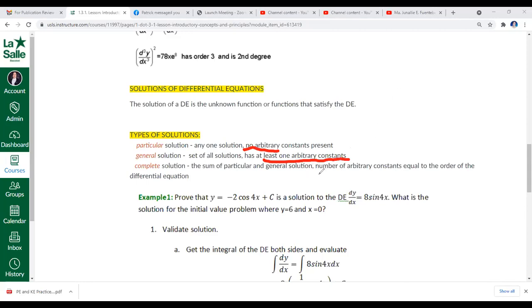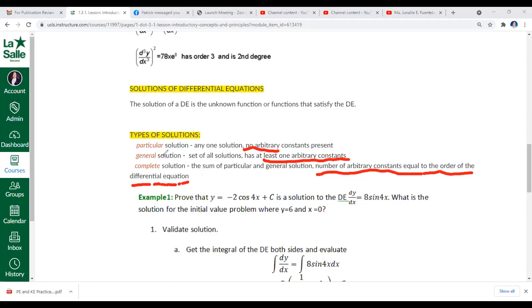The number of arbitrary constants in this solution is equal to the order of the differential equation. Meaning, if you have a second order differential equation, the number of arbitrary constants should be 2. That way your solution can be classified as a complete solution. This particular complete solution, which has the 2 arbitrary constants for your second order DE, is also known as the